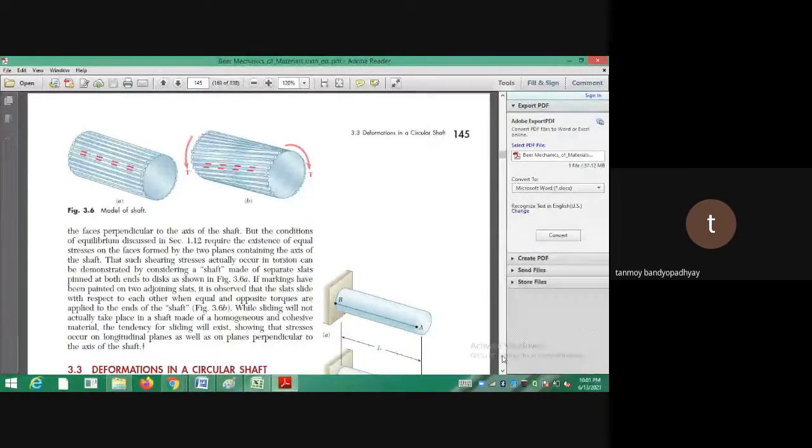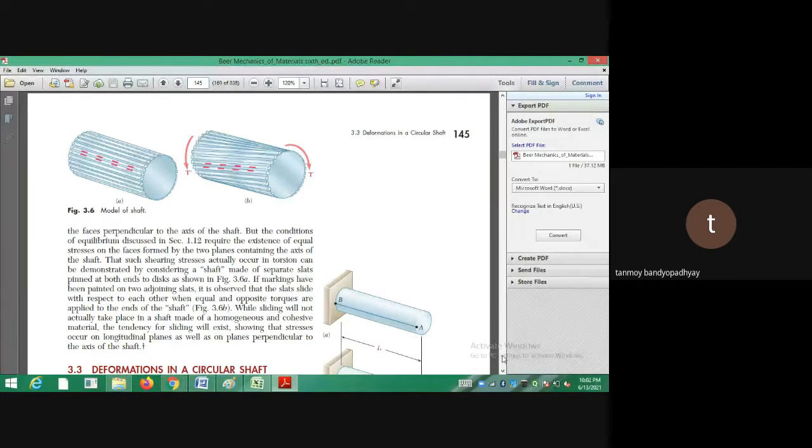Now this is the cross section of the beam, or the shaft, that has been shown. If you see the model of the shaft, I can assume that the periphery or circumference of the shaft is made of certain parallel lines. If I want to model something, we generally draw some lines, like in the drawing class when you were drawing projections of cones, cylinders and these sort of things. I hope you have attended the drawing classes.